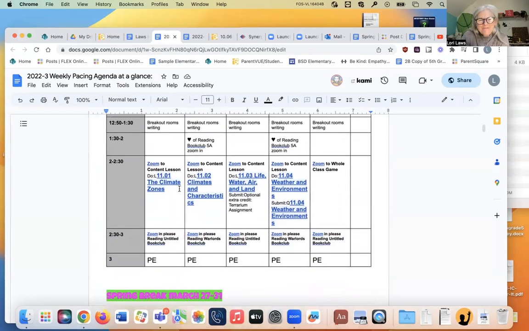And then finally at 2 to 2:30, we have our new Mod 11. We've already done Mod 9 on the water cycle, Mod 10 on weather, and now this is climate, which is like the big picture for a particular region. We're going to be doing that one this week. The only thing due will be on Thursday, a quiz.